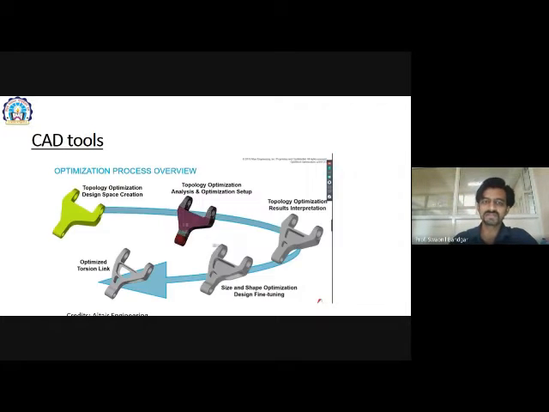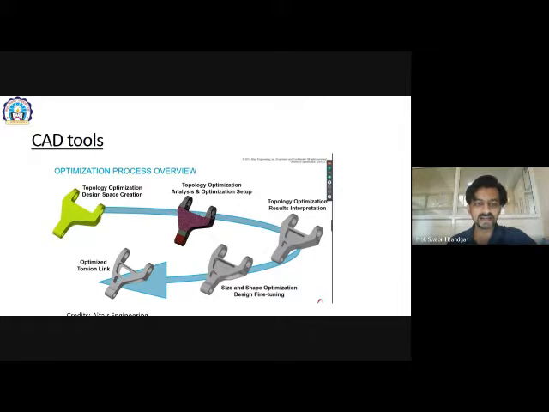The next picture is a very typical example. This is a torsion link, used to connect the landing gears of an aeroplane. Before, it was made like this yellow torsion link, and if you give this model to the optimization tool, you will finally get this product. See, there is a weight difference. It reduces our weight, and with the same strength, it does not affect our strength.